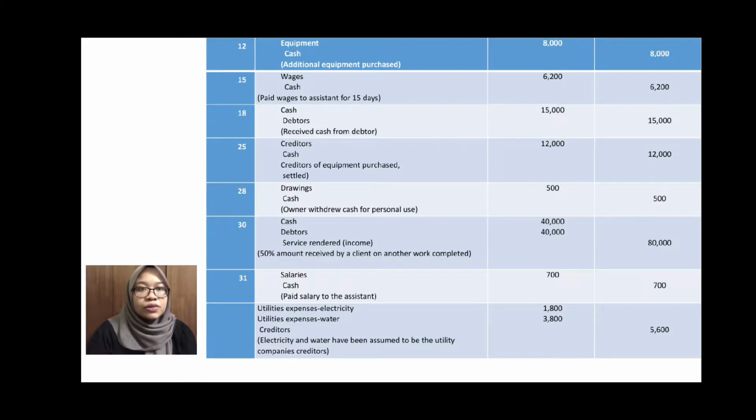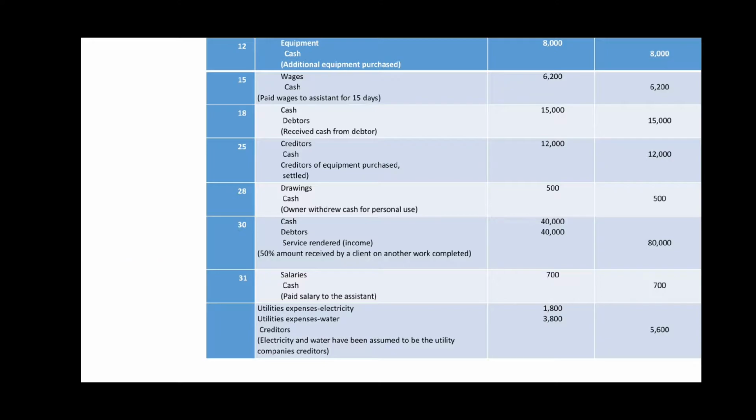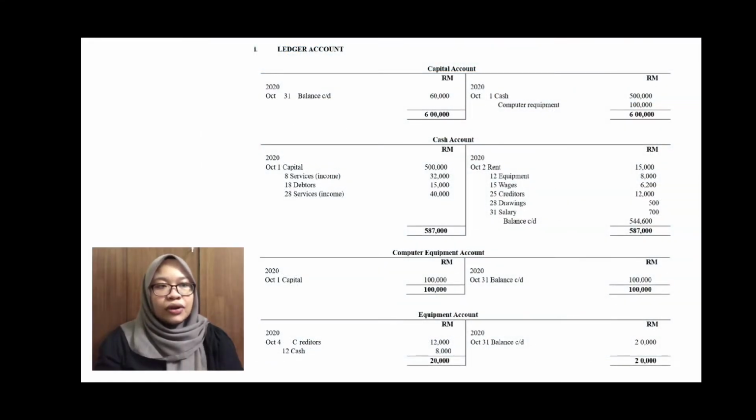And for the last one, for 30 October, they also have utilities for the expenses, electric, also for the water, creditor. Electric and water are assumed to be owed to the utility company, the creditor. I'm going to continue with the ledger accounts. In the capital account, 31 October for the balance,